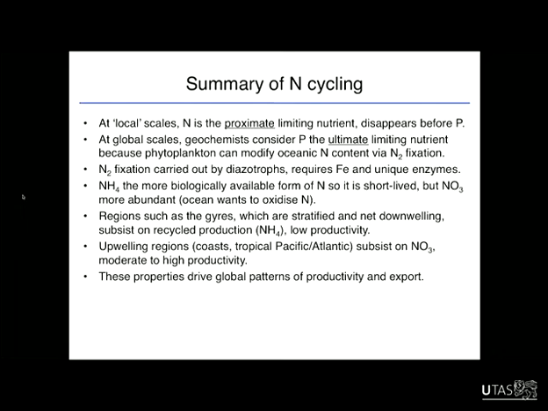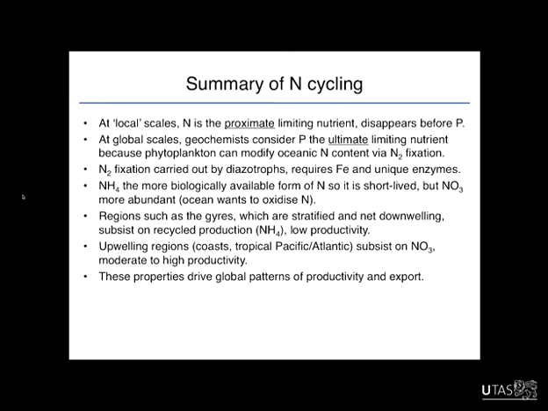But really the only source of phosphorus to the oceans is by weathering and river runoff, and at this point in Earth's history we're basically in equilibrium between the cycling of phosphorus in the oceans and the input of new phosphorus by river runoff. So I talked about the redox states of nitrogen in the ocean. Nitrate is a more abundant source of nitrogen in the oceans because the oceans, because they're oxygenated, tend to drive dissolved species to their most oxidized state. So nitrate is the most abundant form of nitrogen in the oceans.